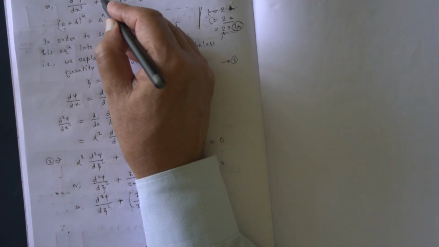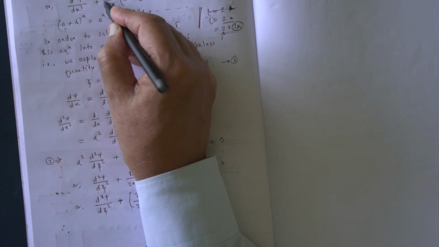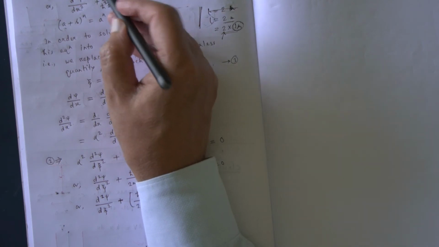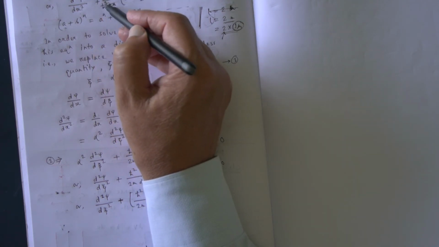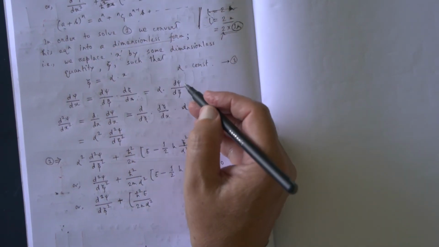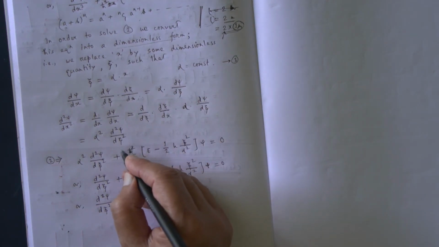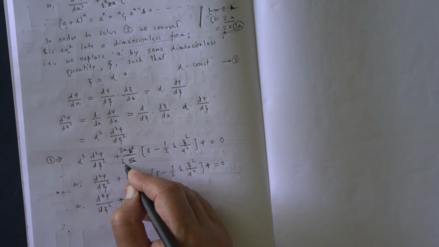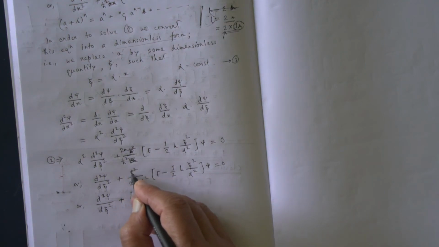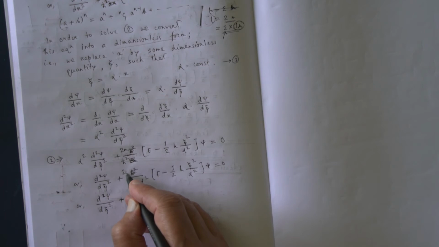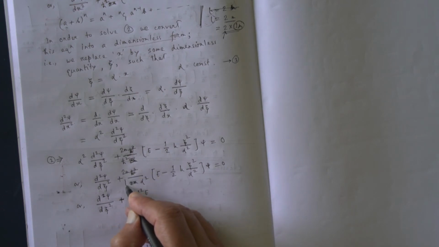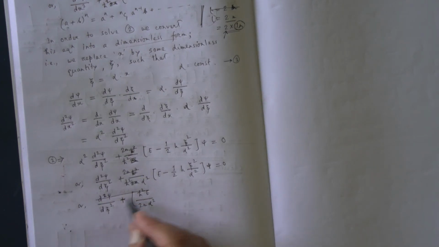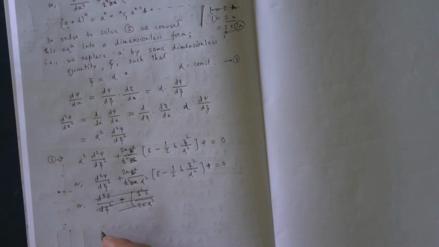This is 2m by h bar square. Sorry, I have divided, so this is 2m by h bar square. What have I done? 2m by h bar square. Okay, 2m by h bar square, or